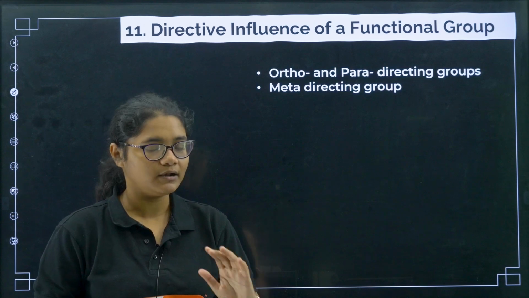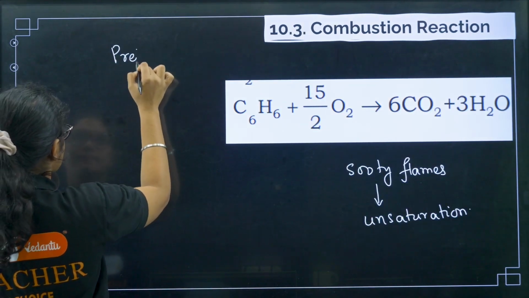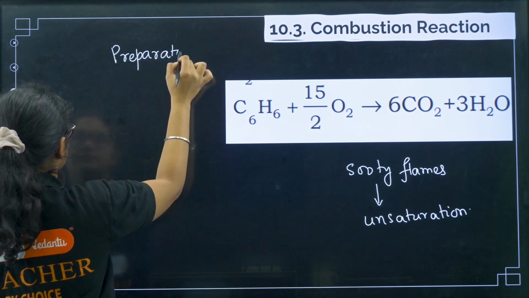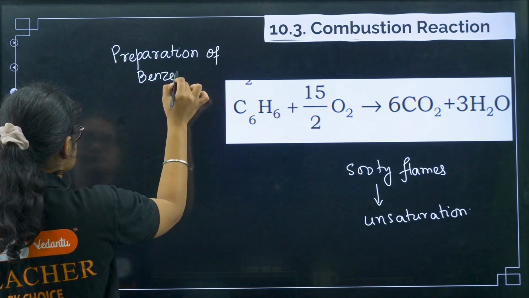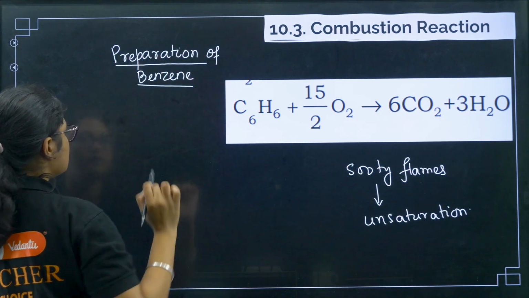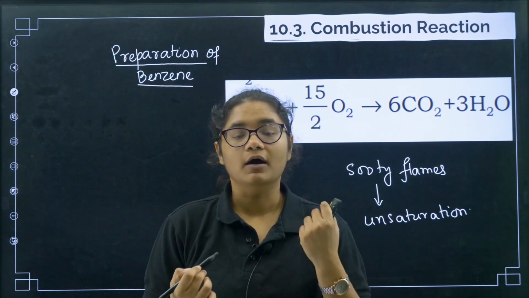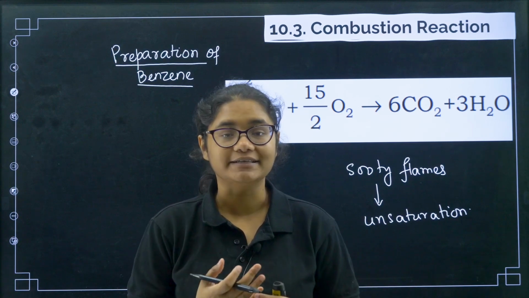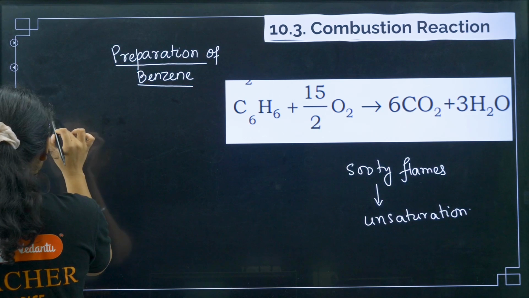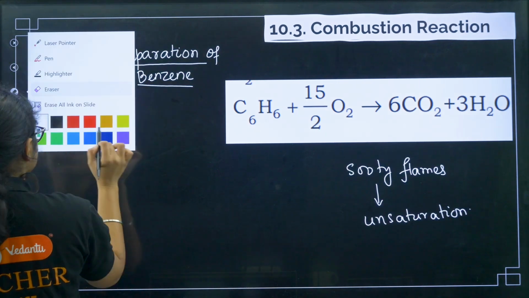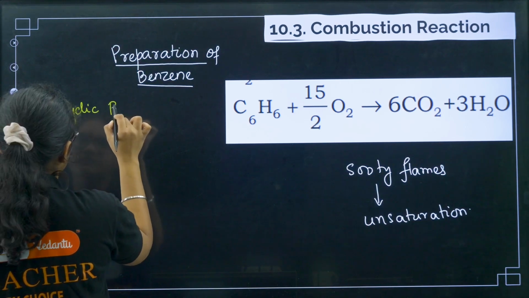This is very important, but before that I want to discuss something else, that is preparation. We missed this one, so I want to discuss preparation of benzene. For preparation of benzene we have already studied one method, yesterday only, in the ethyne topic, like cyclic polymerization of ethyne. So first method is cyclic polymerization